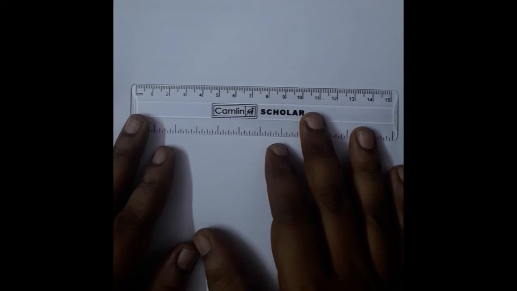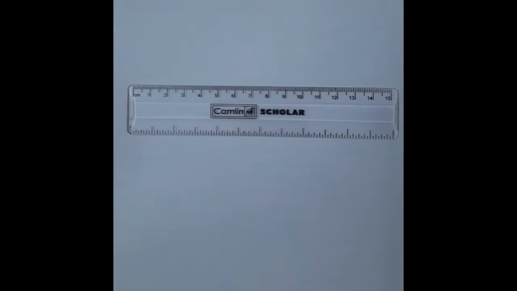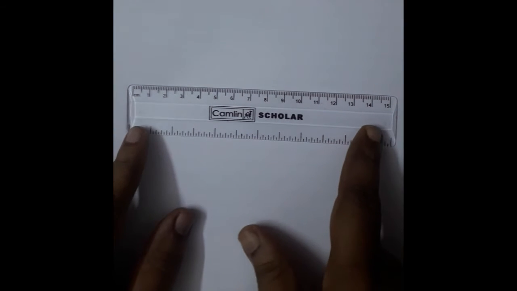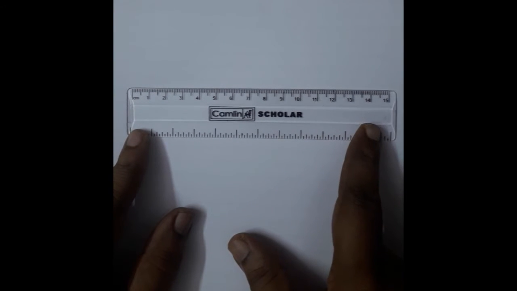Hello students, today we will learn how to locate root 2 on the number line. A number line will look something like this on a scale, but a number line also consists of negative integers like -1, -2, -3, -4. If you have a look at the scale, you will wonder how you will manage to locate root 2 on this scale. But we can definitely locate root 2 on the number line approximately via geometrical means.